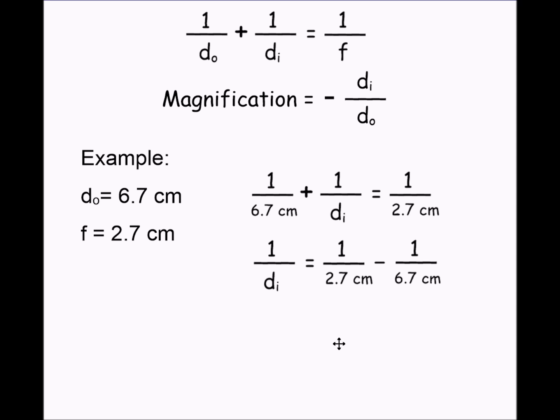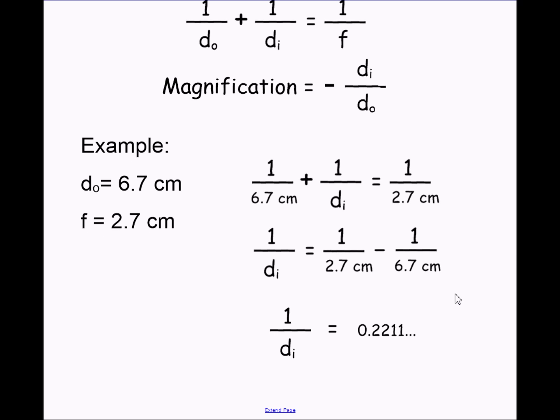So when you do that, you're going to end up getting a number that is 1 over di equals 0.2211. Now, that's not what di is. That's what 1 over di is. What I need to do is now perform one more function on this number so that I can get what di is, and that is I need to take 0.221 and divide it into 1, or find the inverse of it, if you will. When I do that, I come up with di as being